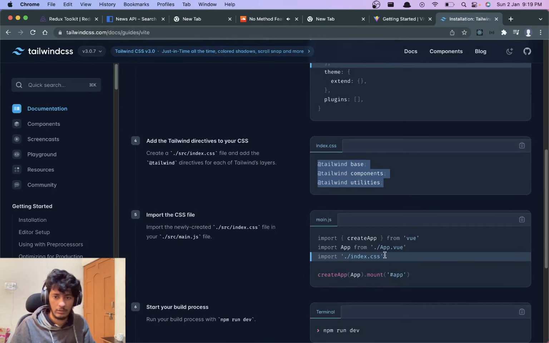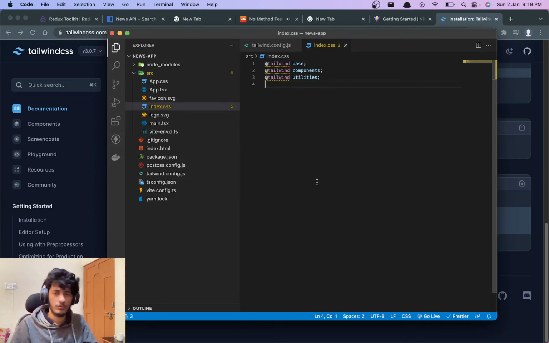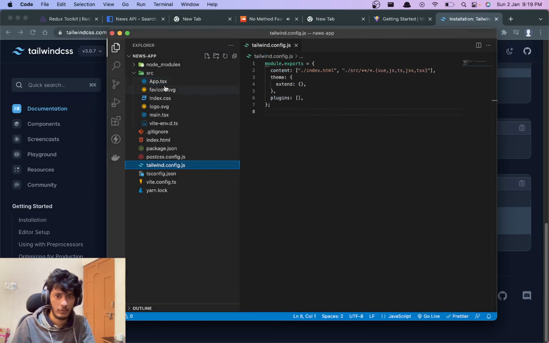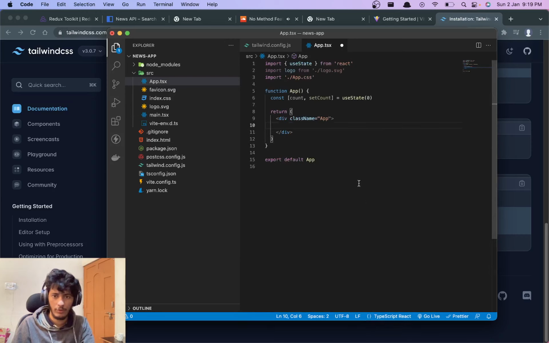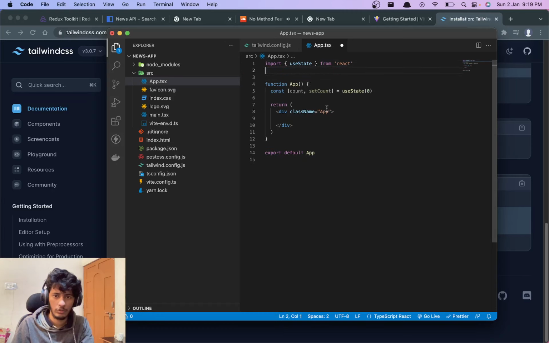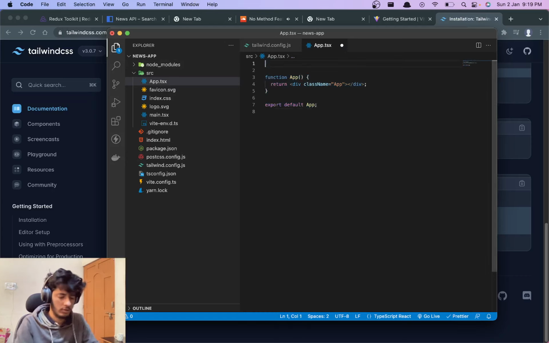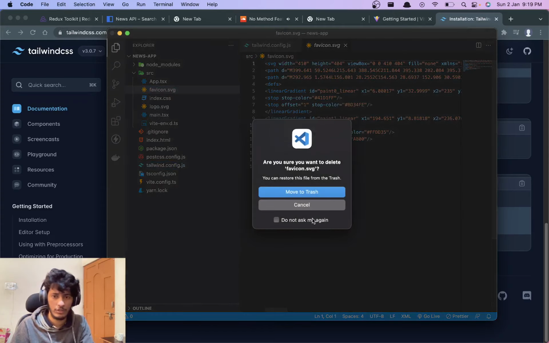This is already done, so now we can start using it. There are a few more things we need to do, which is to remove all the useless files. We do not need this file. In this, we do not need all these different components. Here we do not need this one as well. We do not even need this state. So we'll remove it and save this. We definitely have React, so let's put it that way. Now we don't need this favicon.svg, so let's remove that.